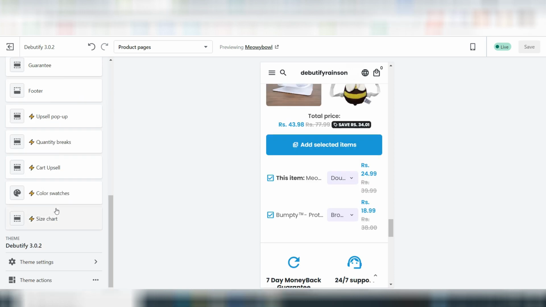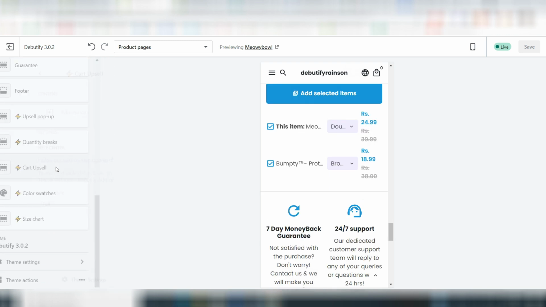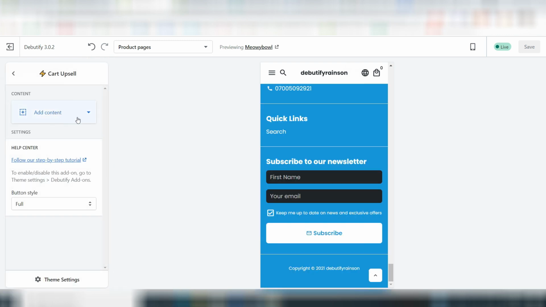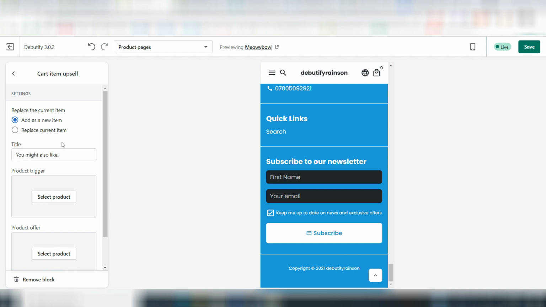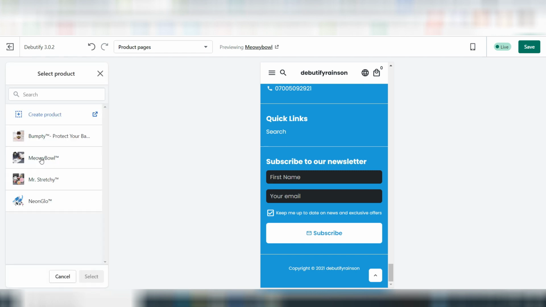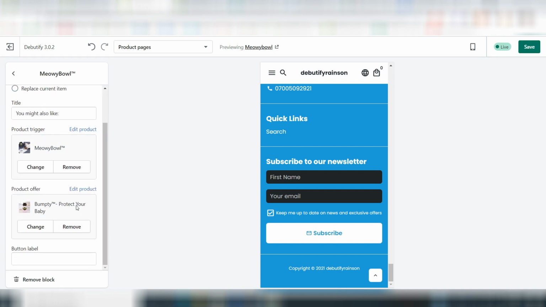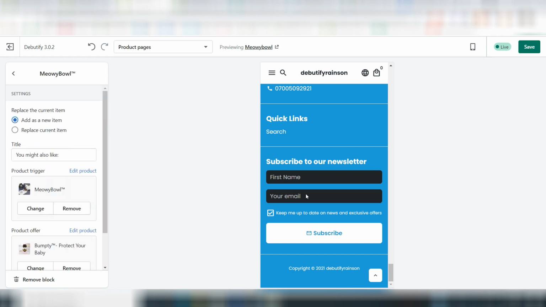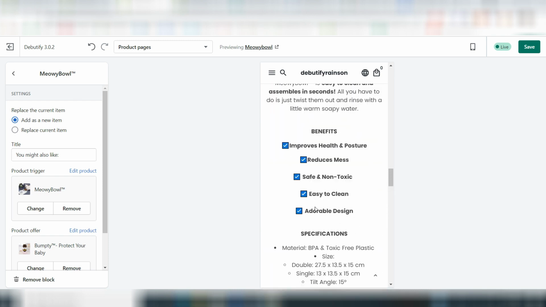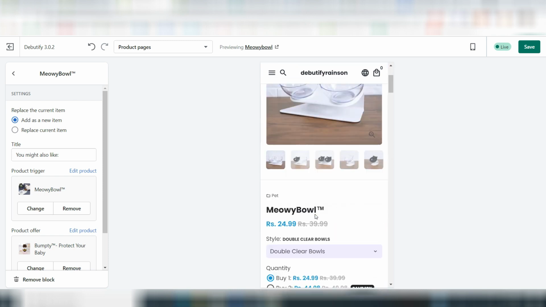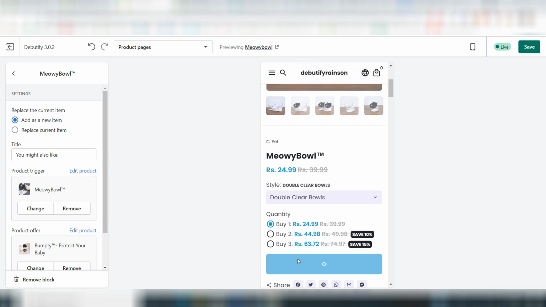Okay guys, so the next thing I'm going to show you is this cart upsell. Here what you want to do is click on add content, and then click on cart item upsell. Okay, so add as a new item. For the product trigger, you can just click on this one. Let's select that, and the same thing for the product offer, whichever one you want to promote it with. Once you select that, let's just add this to cart so that I can show you what it means. So if you add this to cart,